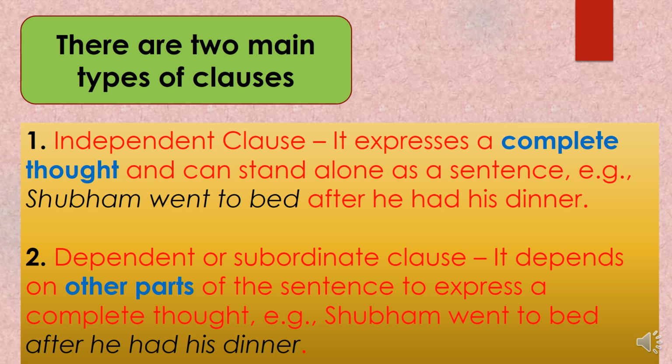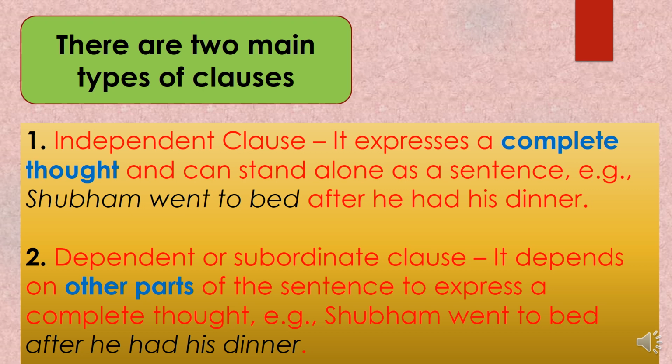A dependent clause, which is also called the subordinate clause, depends on other parts of the sentence to express a complete thought. See the example: Shubham went to bed. It is an independent clause because it is completing a thought. After he had his dinner is a clause because it has a subject, he, and a verb, had, but it is depending upon the first part of the sentence, the first clause, which is